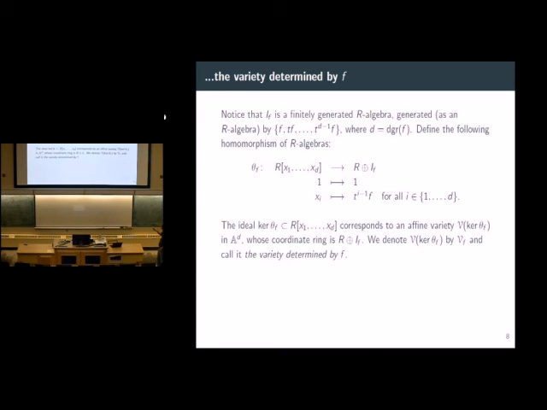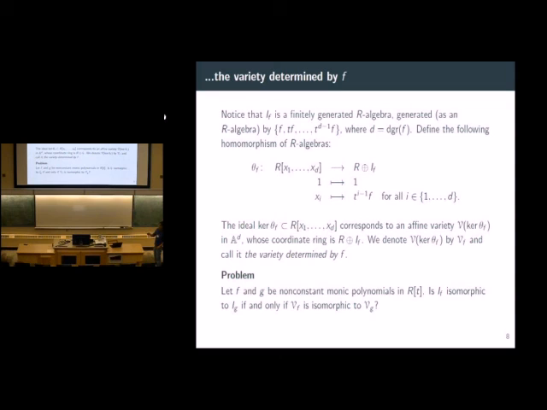and this is what we call the variety determined by f. And the question that we still don't know how to answer is, given two non-constant monic polynomials, is it true that I sub f and I sub g are isomorphic if and only if the varieties are isomorphic? This question came about because we were trying to answer the question: is it true that the automorphisms of I sub f are the same as automorphisms of this variety here? So this is something that we'd like to answer, and it seems to have more geometric flavor, so maybe